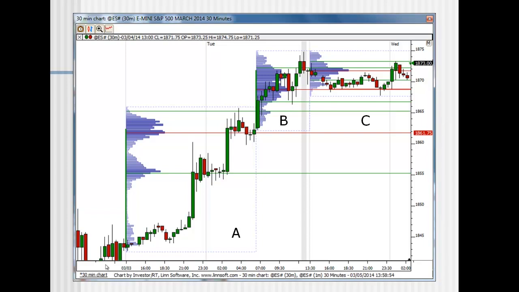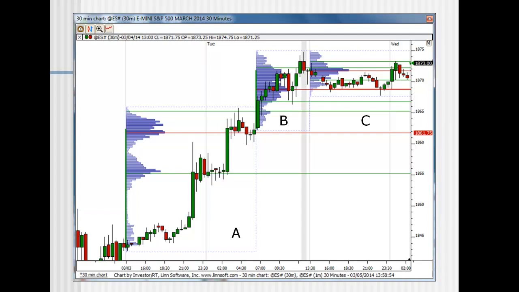All right, now we have 3 different sessions as we discussed earlier, and on this slide we label them as A, B, C. A profile is usually most meaningful at the conclusion of the session and helps us to begin trading the session that follows. That is not to say that I can't actually trade the profile while it is under development. I can do that as well. However, the most valuable information is usually distilled from the profile once the profile